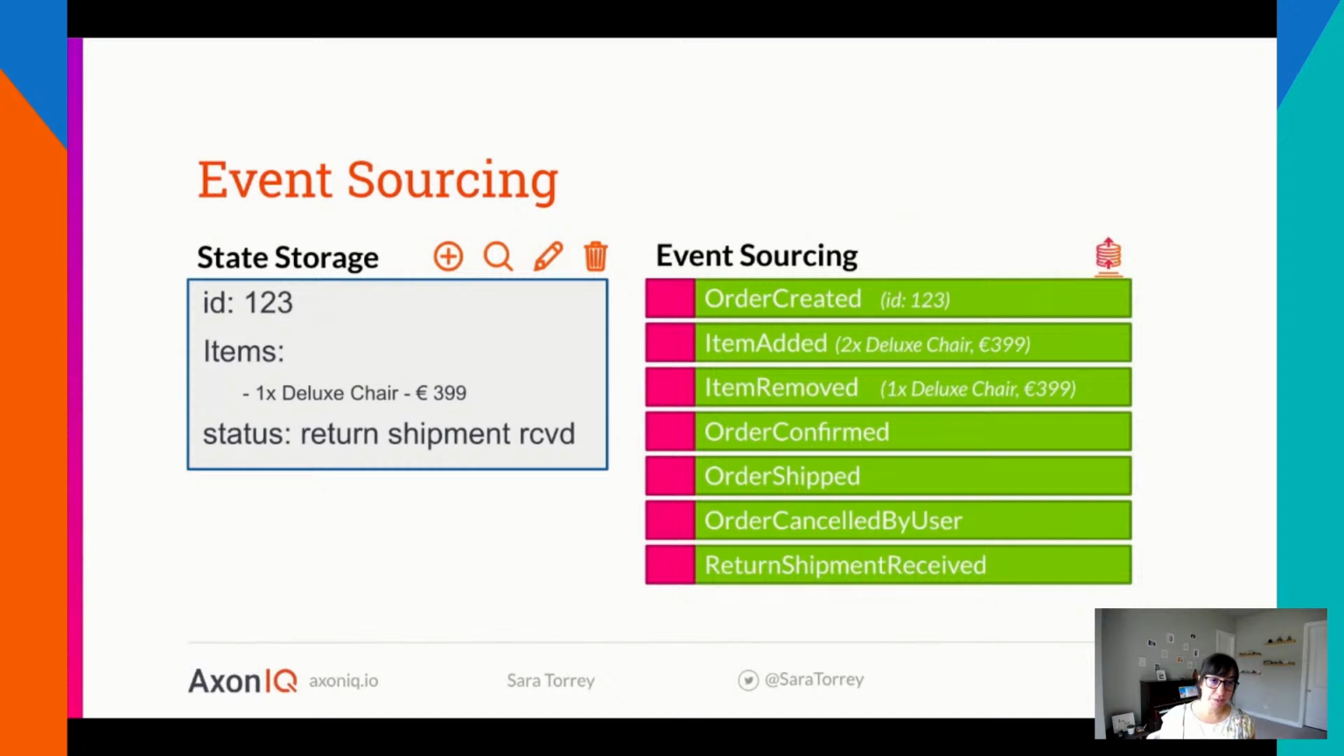So for instance, you can see that there's an ID number, there's an item, which is a chair for a certain amount, and the final status tells you that the return shipment was received. But we don't have any other information in between, right? Now, if you look on the other side, you see that you get a lot more information in much smaller